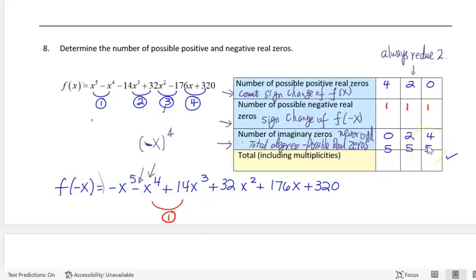Same thing here, we don't have a positive real, we have 1 negative real number, and total degree is 5. Subtracting 1 gives me 4 imaginary zeros. Here is one thing